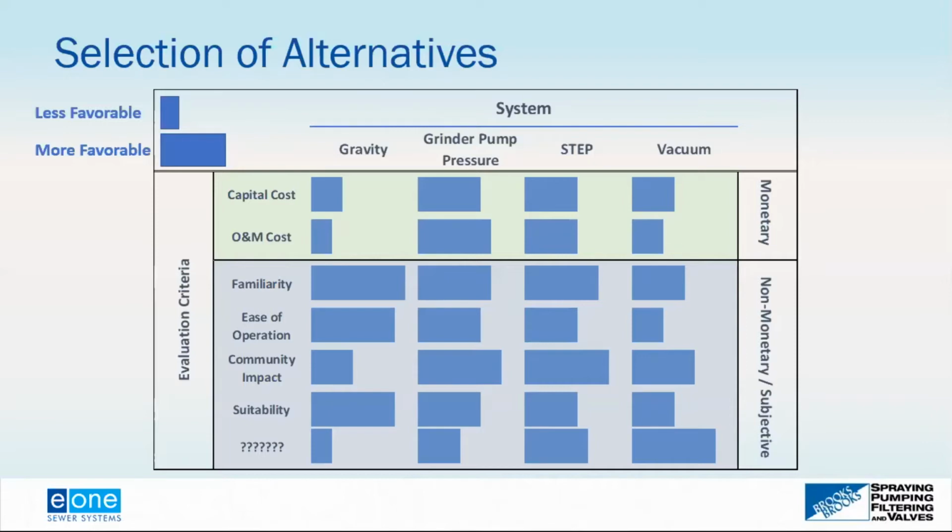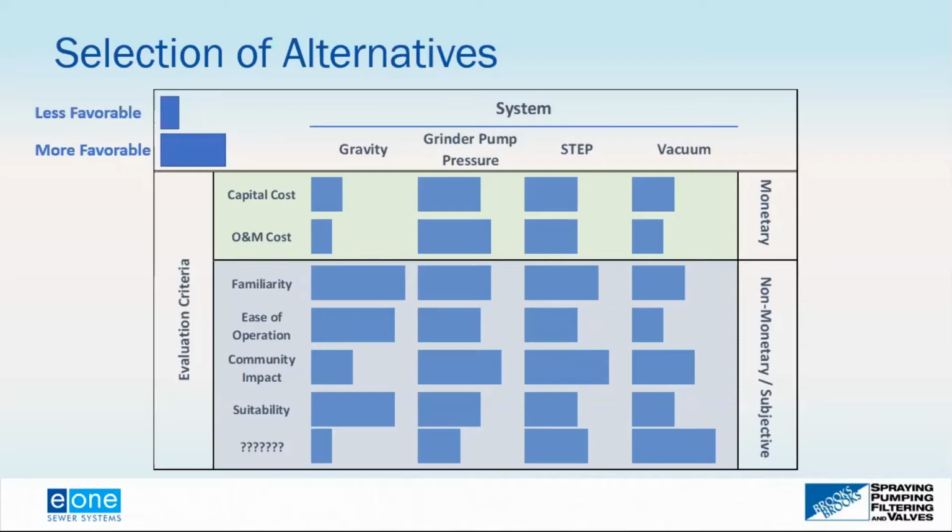And then on the bottom part, in the bluish part of the table, you're looking at that non-monetary or subjective analysis. And again, you would go through these components. I'm showing 1, 2, 3, 4: suitability, familiarity, ease of operation, but that list could be as long as it needs to be to do a proper evaluation. And again, that's the subjective part where you're just saying, on a scale of 1 to, call it, 10, is this option more suitable or less suitable? And you kind of go through that process, and then you create a scoring system that guides you through